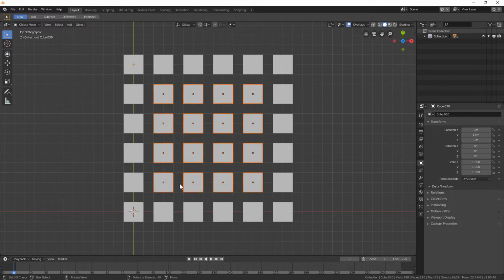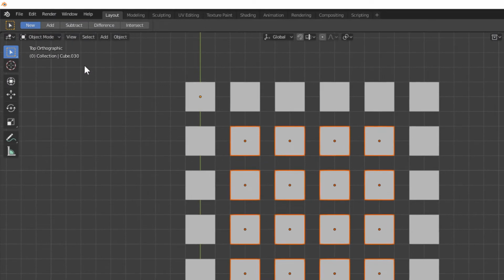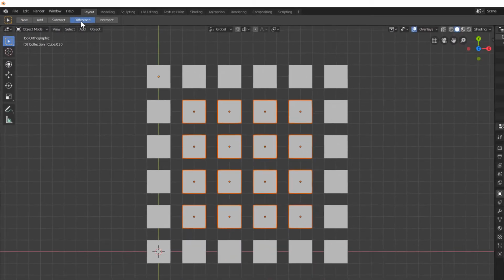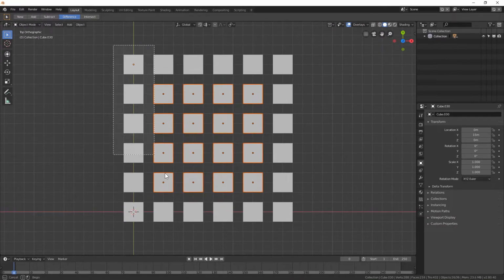After selecting, go to the header bar and click Difference Getter. Now go to your viewport and select all of these objects using left click. After selecting, you can see it's inverted to your selection. You can also do this procedure by pressing Ctrl with I key, but this invert process works with the total